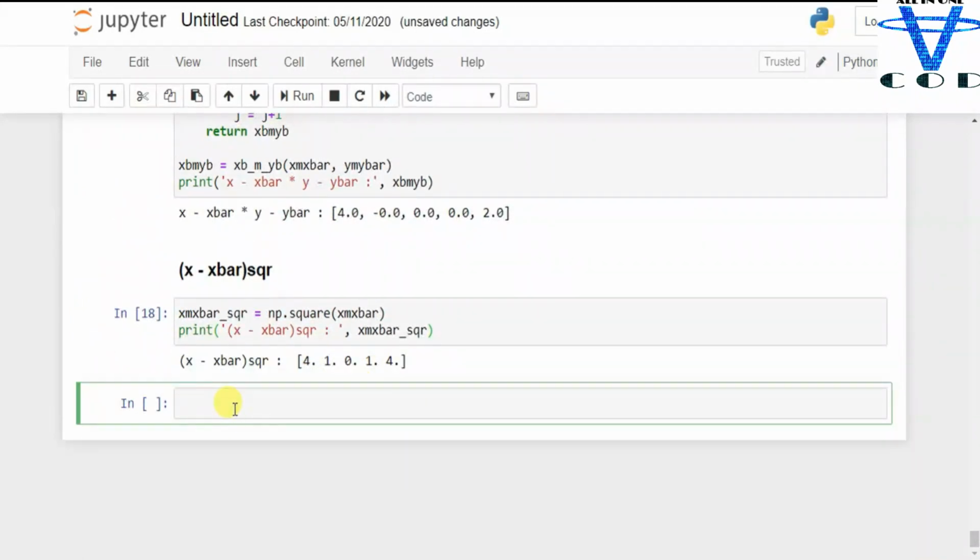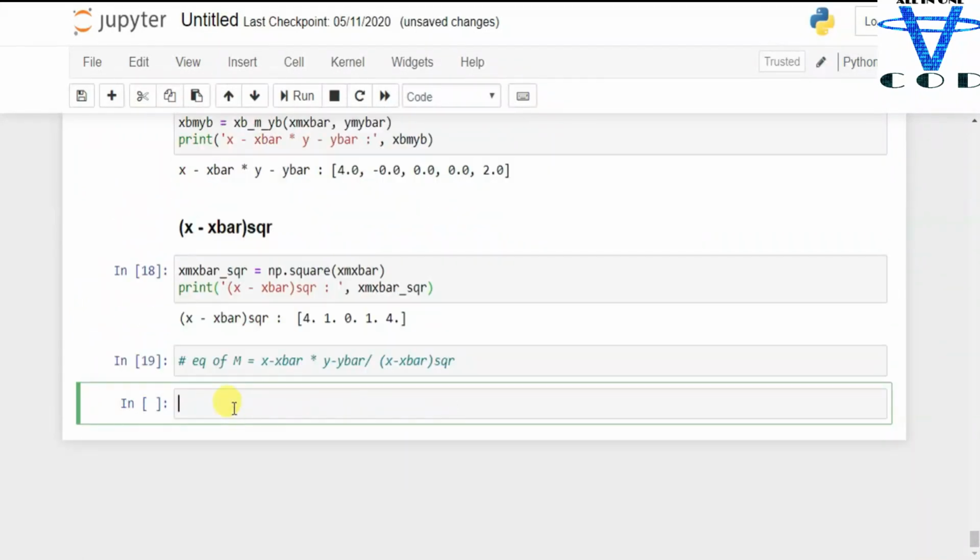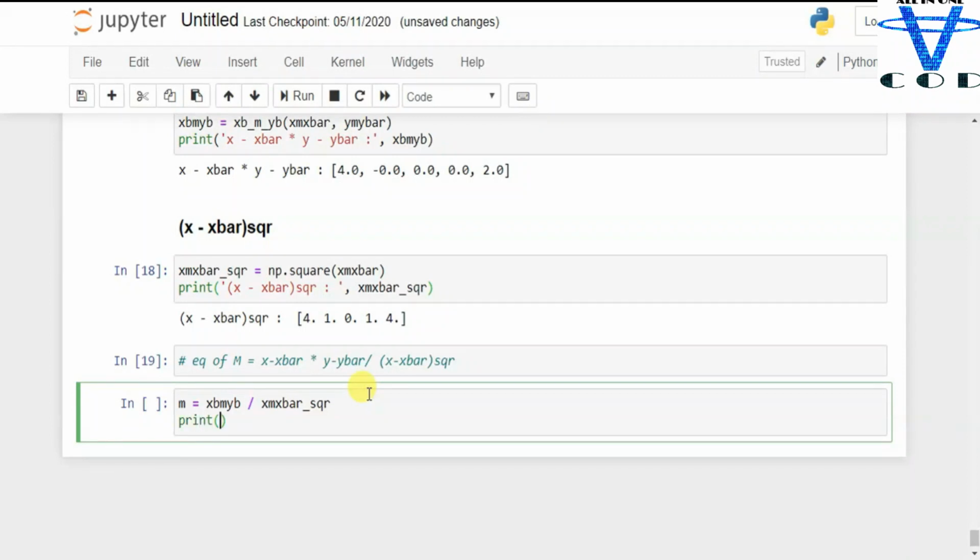Let's find m equal to x minus x bar into y minus y bar, divide by x minus x bar square. That's it. That's how you can find the m. So let's print the m.